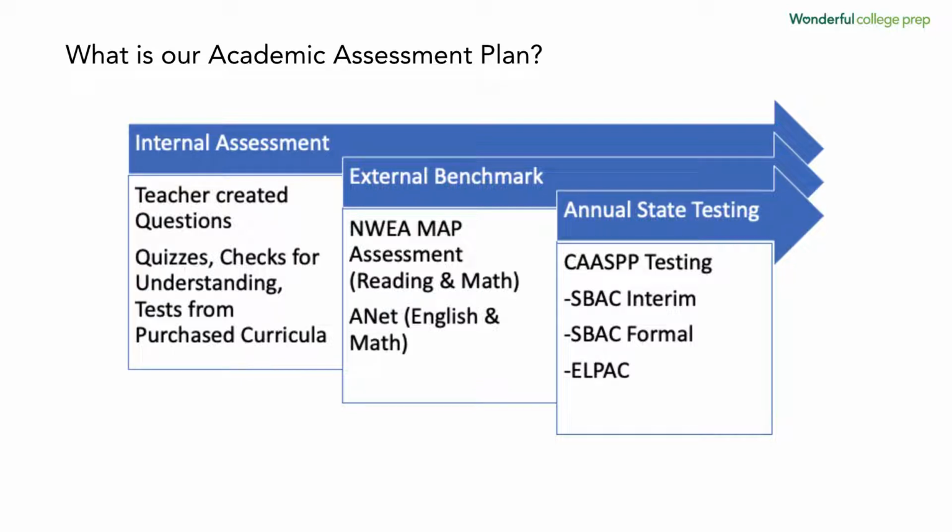Now, that assessment happens throughout the entire school year, and multiple times throughout the school year, we also have these external benchmarks, which are bigger, longer checks of understanding for mastery and growth. Here at WCPA High School, we use two different benchmarks. We use the NWEA MAP assessment, which we will talk about today, and we use Achievement Network, the ANET assessment, for our other benchmark because they give us two different data points on your student.